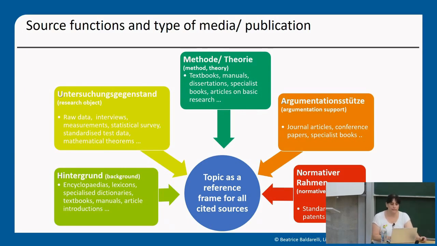Background would be in German Hintergrund. Specific for engineering studies are sources that can be used as an authoritative background, such as the publications of professional associations. Some of these publications and other similar sources may not meet the citation requirements of other disciplines. For example, material produced by and about corporations, press releases, product manuals, and so on. But also information gathered through direct contact with experts, practitioners, and consultants. Nevertheless, students must rely on them if they want to describe the state of the art of a topic.